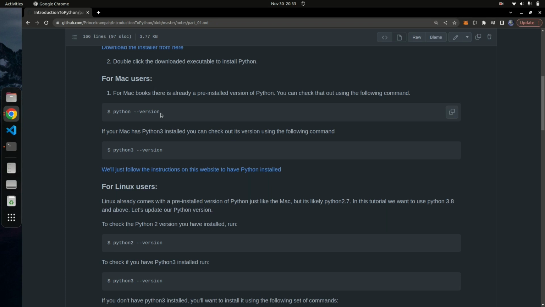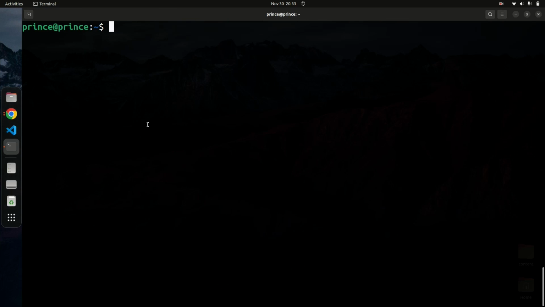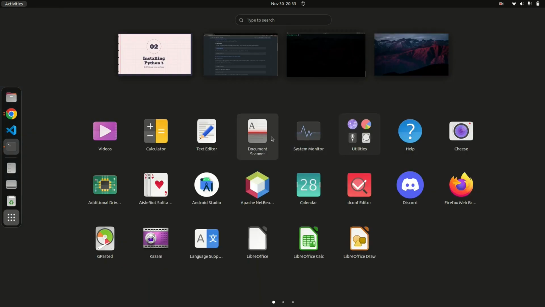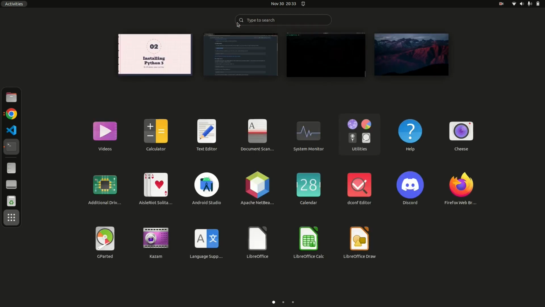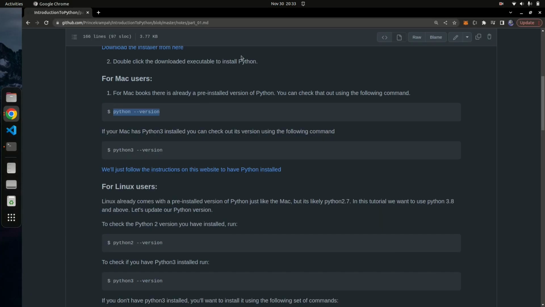So I'm just going to go ahead and copy this command right here, and then move on to my terminal. So this is just a terminal that I opened up. If you're using Ubuntu, like me, you can just go in here and type in terminal, and then you can open up the terminal. If you're on MacBook, I've never actually had a MacBook before, so I don't know how to open the terminal on MacBook, but you can just search for terminal and then open it. Okay, so in Windows it's CMD or PowerShell, but on MacBooks and on Linux machines, they are called terminals because MacBooks and Linux machines are both Unix based systems.